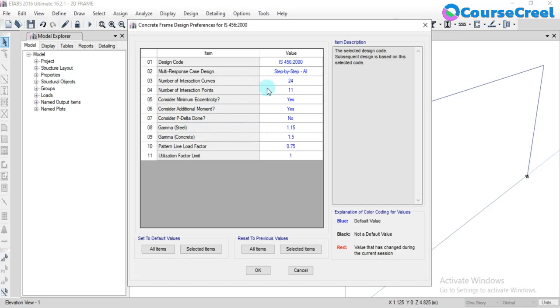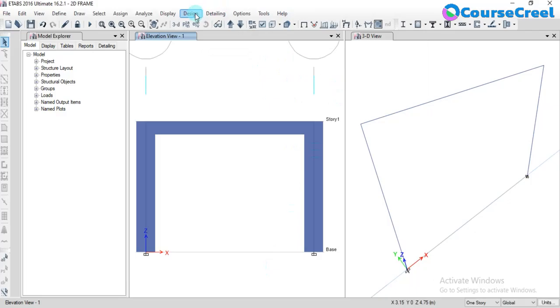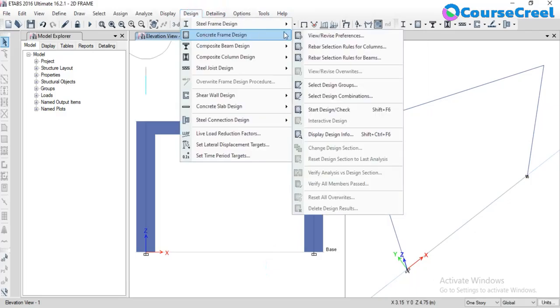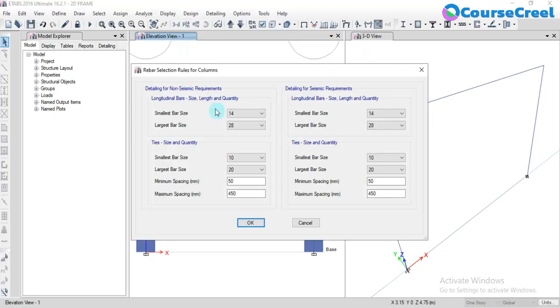So here it has been already defined there. In the starting we have given the code, so according to that it has been taken. So click on OK and just click on design. Again you can go for the concrete frame design and you can go for the rebar selection rules for columns as well as for beams. So you can go for columns and whatever the longitudinal bar sizes of minimum and maximum sizes you can